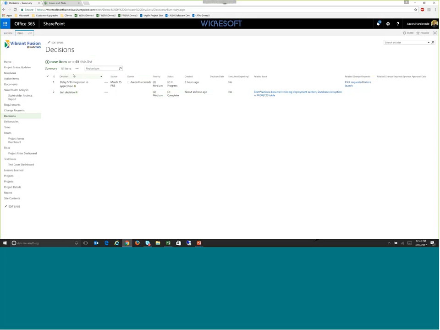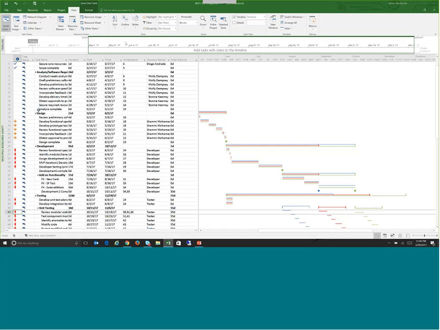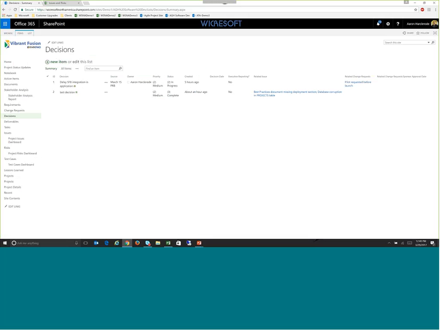Now, seeing the impact of any of these artifacts on the schedule itself. I still have this other project schedule open, but as I look down through this, how do I tell whether any of these were the outcome of a decision or whether any of these were impacted by an issue that was raised on the project? There is an ability to link those items to tasks in the schedule. I wouldn't say it's a best kept secret, but it's a piece of functionality that not a lot of people know about within the tool. So I'm going to navigate back to the landing page of this project site,